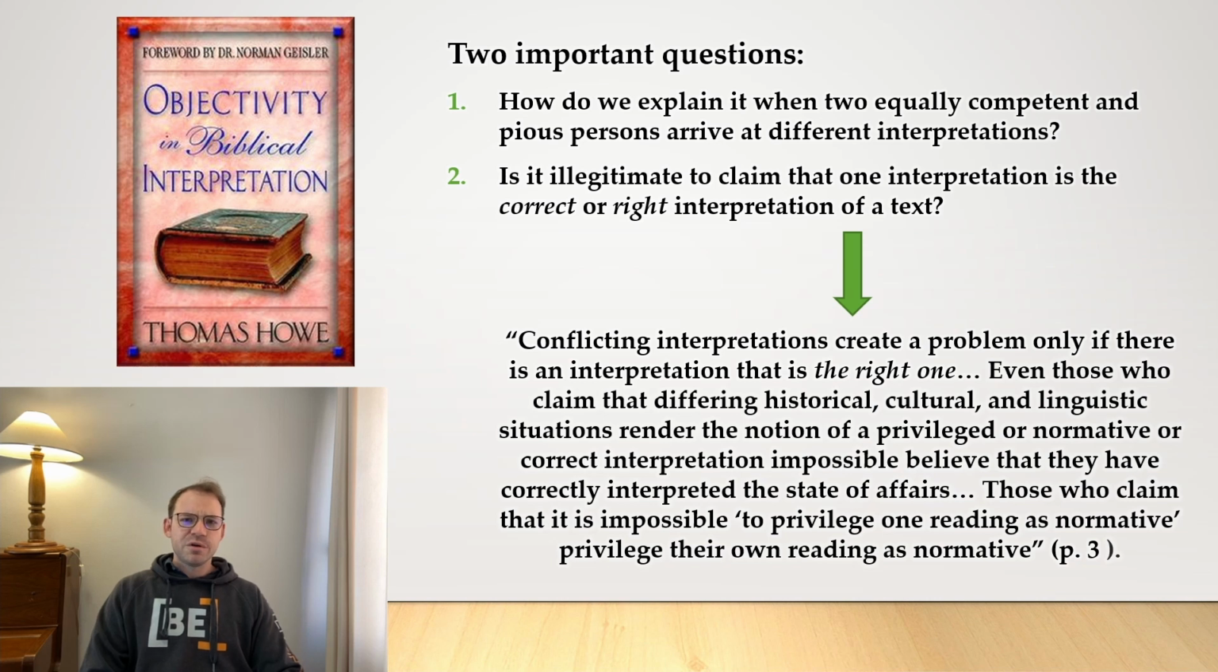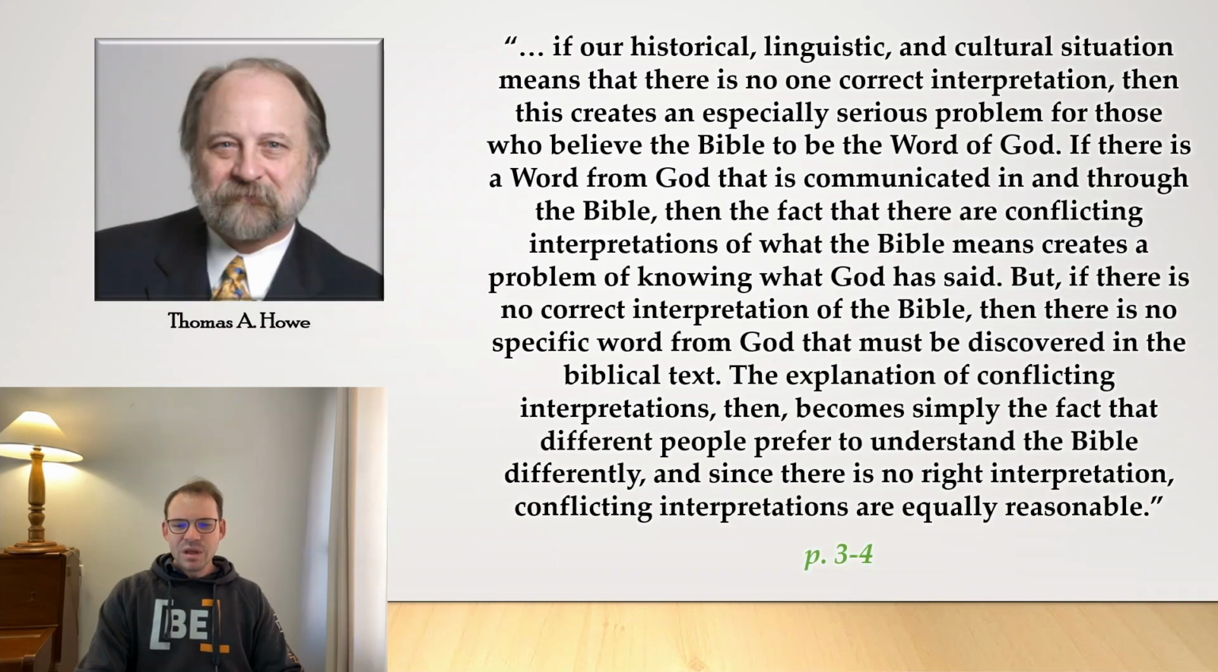The whole challenge over conflicting interpretations would lose its meaning. It wouldn't even be a challenge anymore if objectivity is not really possible. Because it's only a challenge, it's only an issue, it's only a concern because we think that it's possible to have the correct interpretation of the biblical text, for example. So it would lose its meaning if we reject the possibility of reaching objectivity or the correct or the right meaning of the text. He goes on: if our historical, linguistic, and cultural situation means that there is no correct